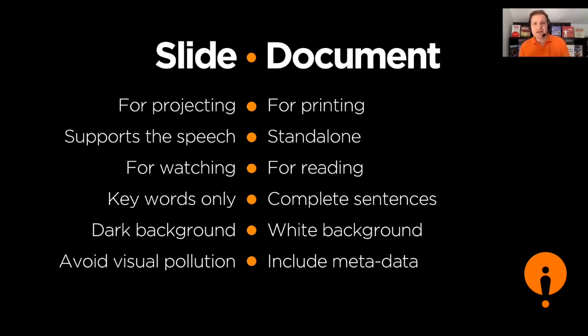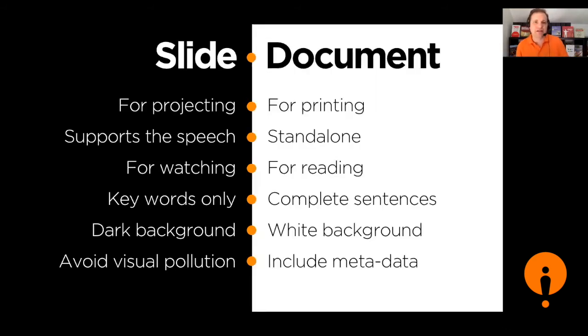So what we can see here is that on every level, a slide and a document should be completely different from each other. It's not like the difference between a cat and a dog. A cat and a dog, they both have 4 legs and a tail, and they're a little bit furry. Well, some more than others. No, it's the difference between a cat and a tomato. These are just 2 really completely different things. It's like the difference between black and white. How can we imagine that we can kill 2 birds with 1 stone?